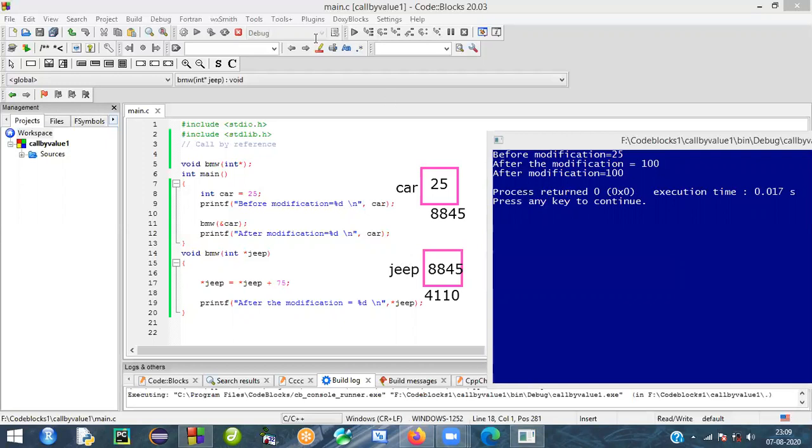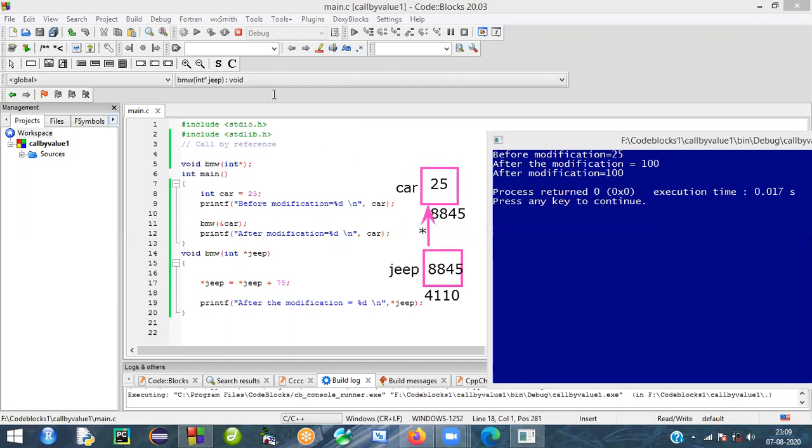So you need to understand very clearly: Jeep is acting as a pointer here. It is pointing to that particular address. We mention the pointer with the symbol star, or asterisk. So Jeep is pointing to that particular address, and in that address we have the value 25. I think it's very clear.